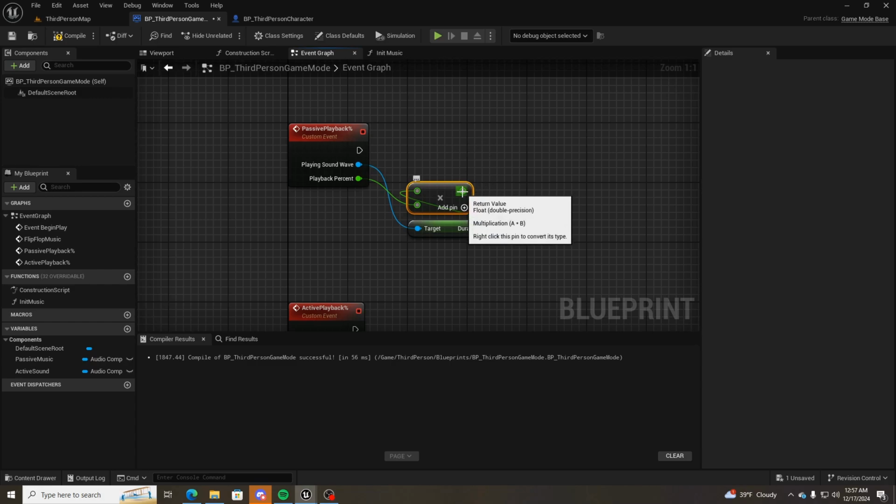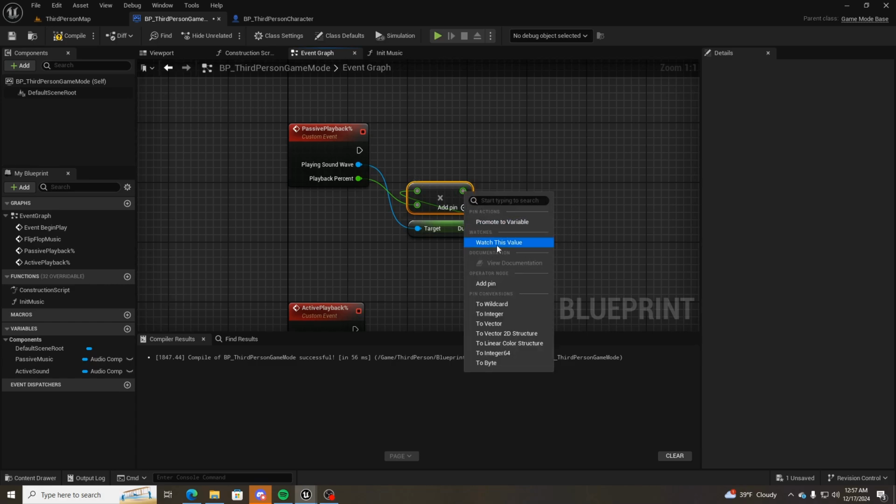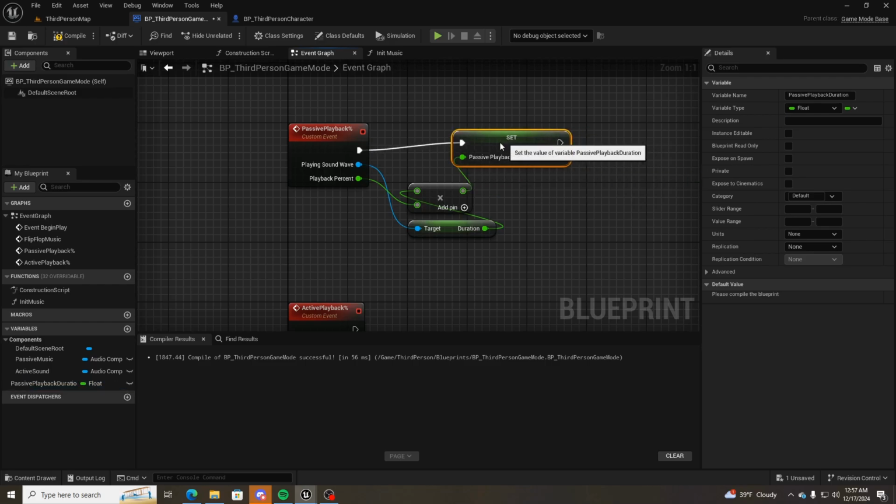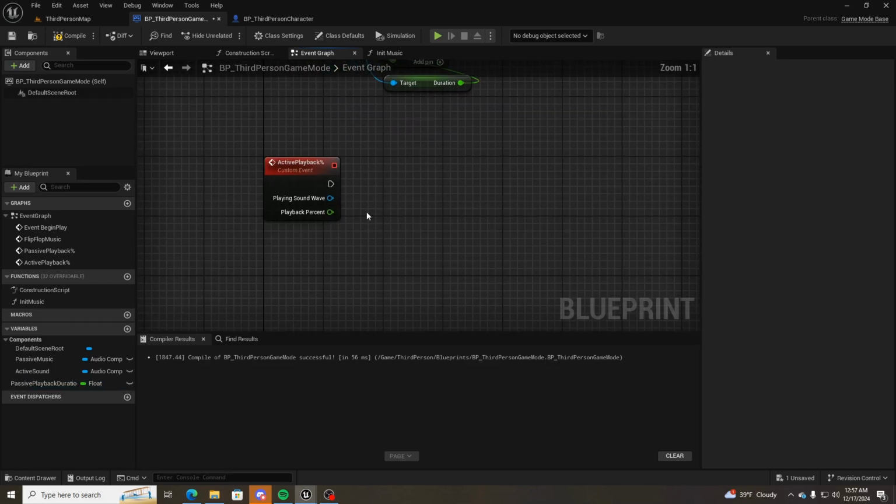And what we're going to do is we're going to right click this output pin, we're going to say promote to variable, and then we're going to call this passive playback duration. Drag it in here, set it,